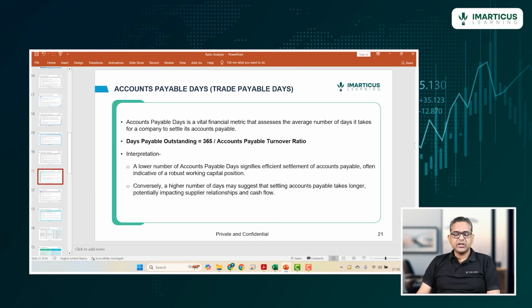It is a vital financial metric that assesses the average number of days it takes for a company to settle its accounts payable. So how many days it takes for the company to pay its